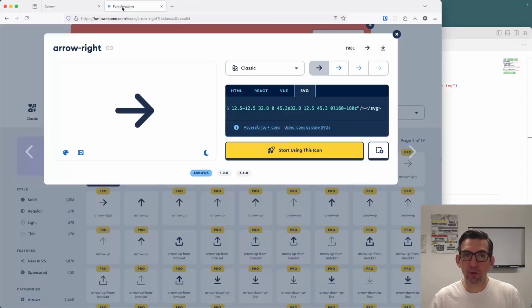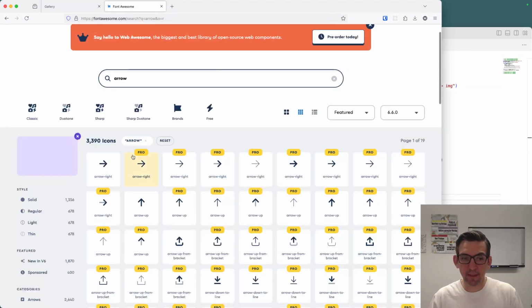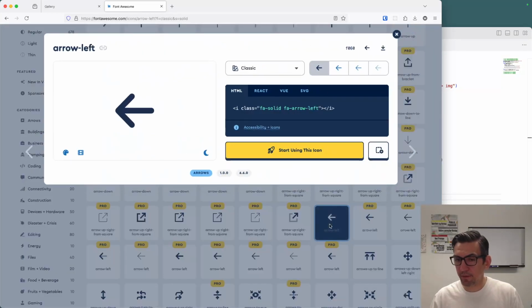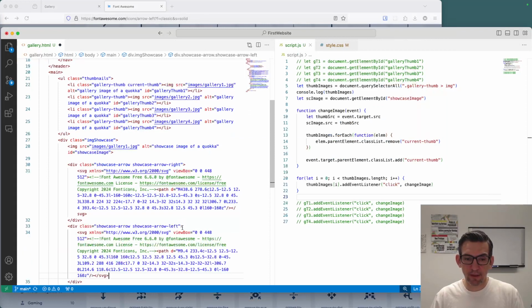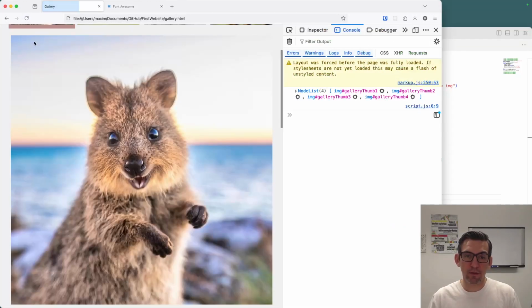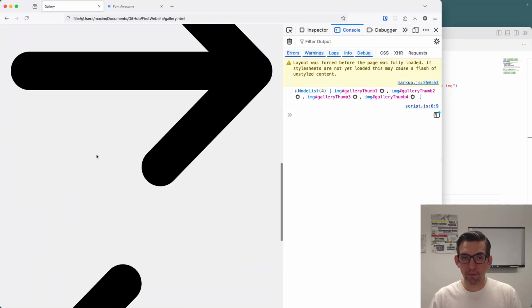And then I'm going to go to Font Awesome and find my left arrow. Should be somewhere, let's see. Here's my arrow left, SVG, copied. We copied the code snippet, and I'm going to paste this here. Okay. Fantastic. So if I save this, and I'm going to go to my page, you will have a massive arrow right here